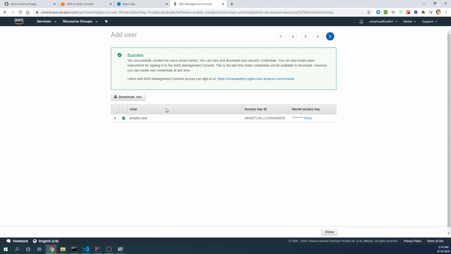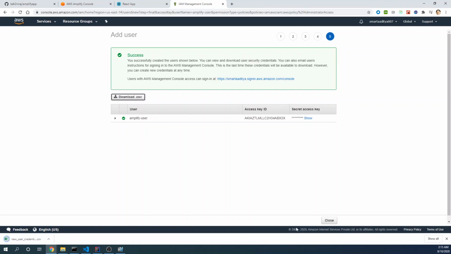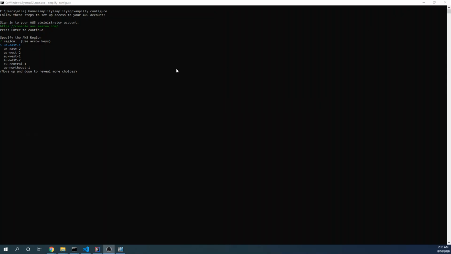Then you can download this CSV file from here, which is nothing but the access key ID and secret access key for this user. You will need it to complete the next steps in the configure in the command prompt. So once downloaded, you can open it in your local, but you can minimize for now. Go over here, you will see the region default selected as US East 1, but you can select as per your requirement. I'm going with the default, so I just hit the enter key,